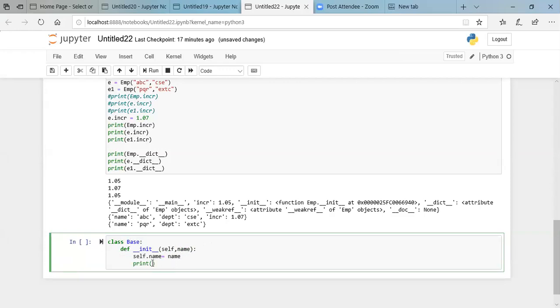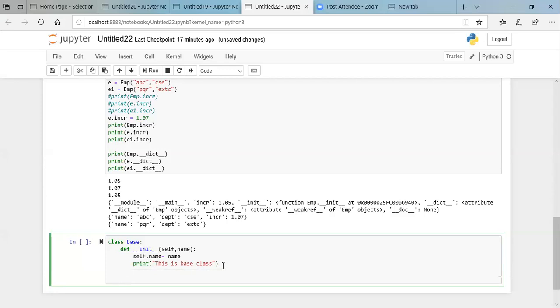And then I'm going to print this. This is base class. Then I have another class called derived.